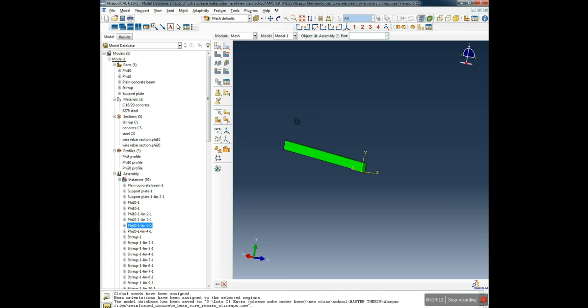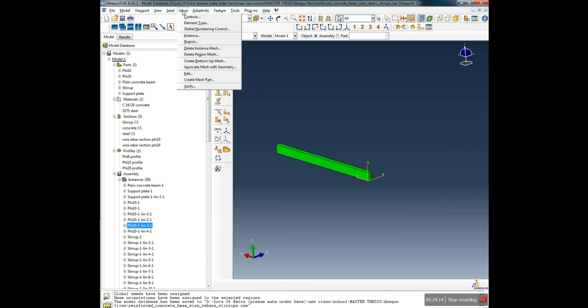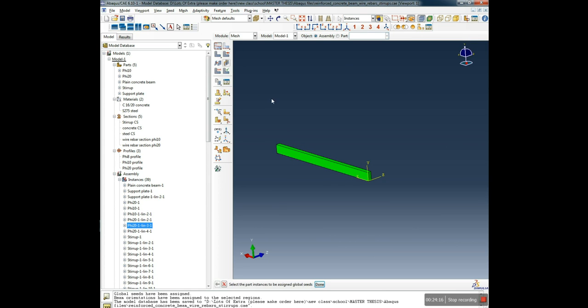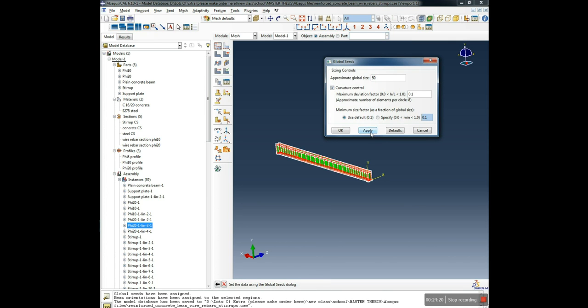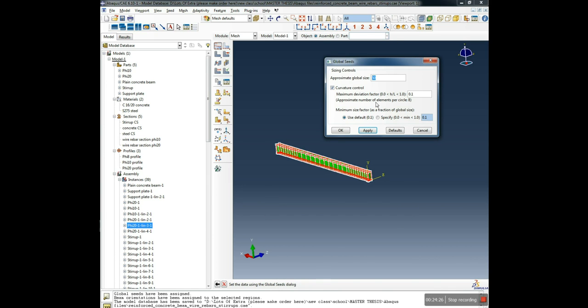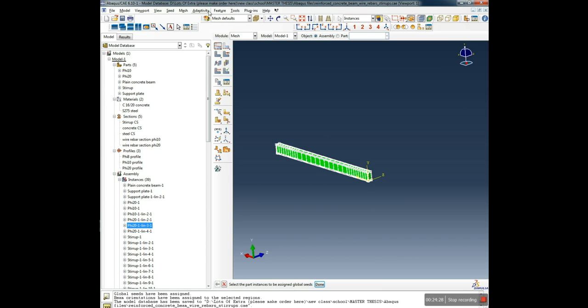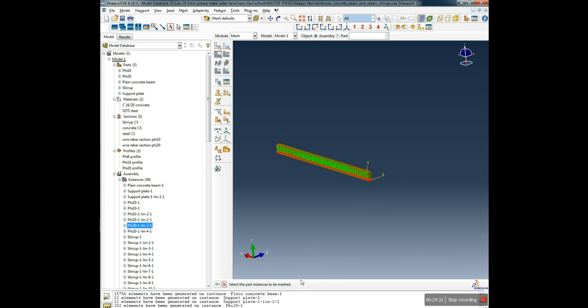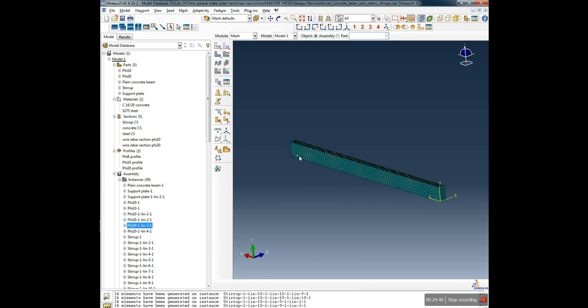Click on the full here, and we just mesh, seed instance, done, and 50 and apply, and OK. Done. Oh, okay, and now going to mesh instance, and done. Done. And we have our mesh. Very well, and now we can